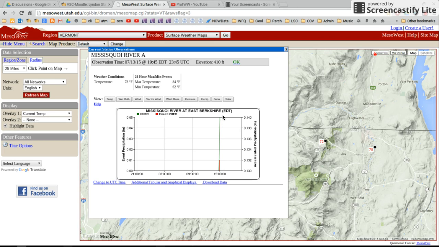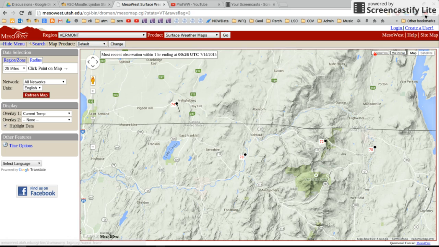Okay, so depending on the station that you choose near you, you can have different values for the same variable. And in some cases, you have variables measured at some stations that you won't find at others. Okay, so choose your station carefully. This is the moral of the story.